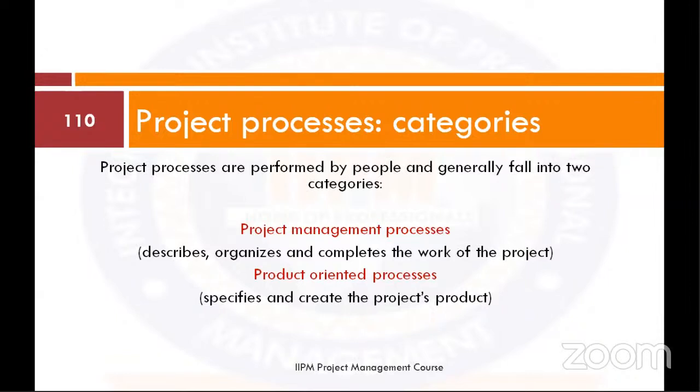So I want to produce table water. The project of table water will describe how to produce table water: first of all, initiate the project of table water production, organize this project, and then complete the work. Now, note, it does not really give us the operations, right? But the product now specifies and creates the project product in such a way that it specifies the operation that will be carried out even after the project is completed.